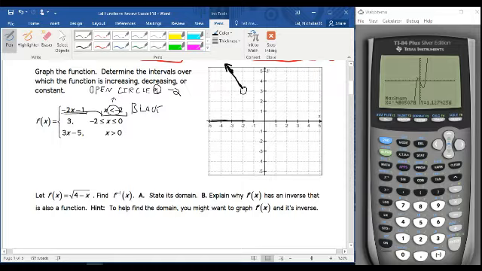Now we have f of x equal to 3 from negative 2 inclusive to 0 inclusive. So we're going to represent this in red. That means starting at negative 2, right here, inclusive, so we have a closed circle, and going all the way to 0, f of x is just equal to 3, which just means we have a horizontal line at y equals 3